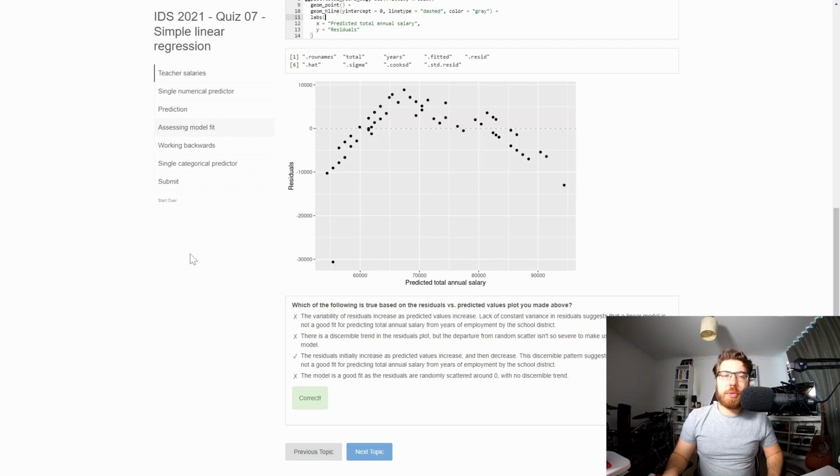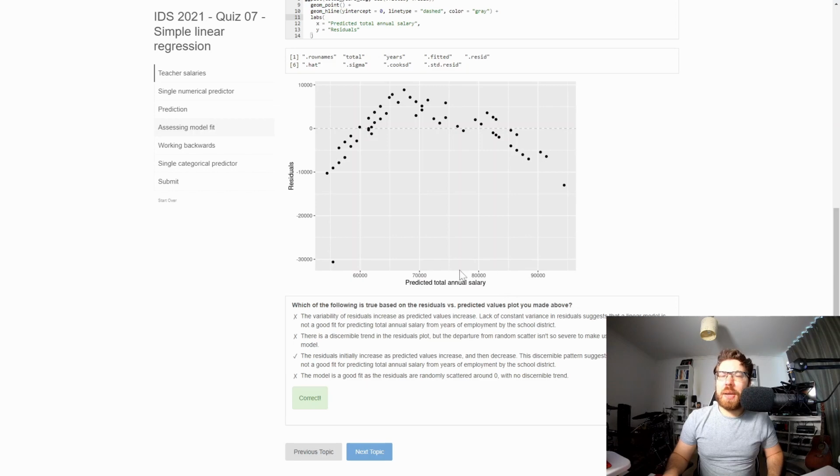There is a discernible pattern here. We can clearly see there's something happening in this model, and this suggests that it's not a good fit, because it's going to be making systematic errors depending on the total annual salary that we're trying to predict. It's probably going to under-predict low salaries, under-predict these high salaries too, and over-predict salaries in this